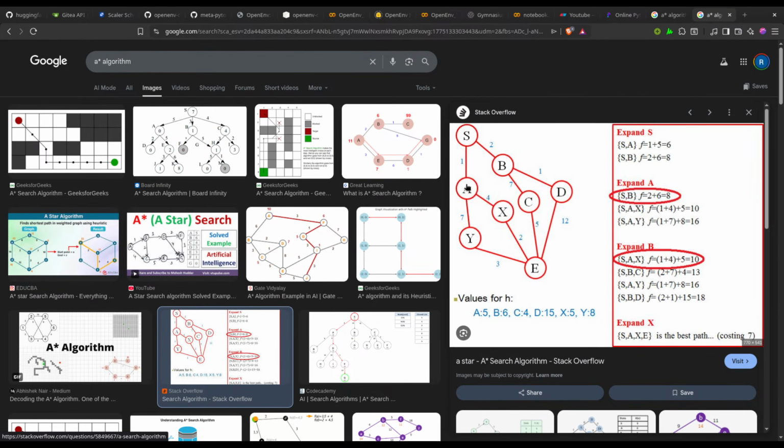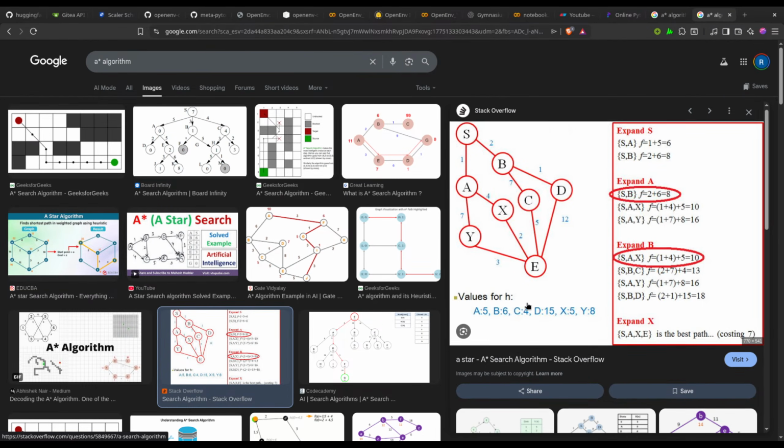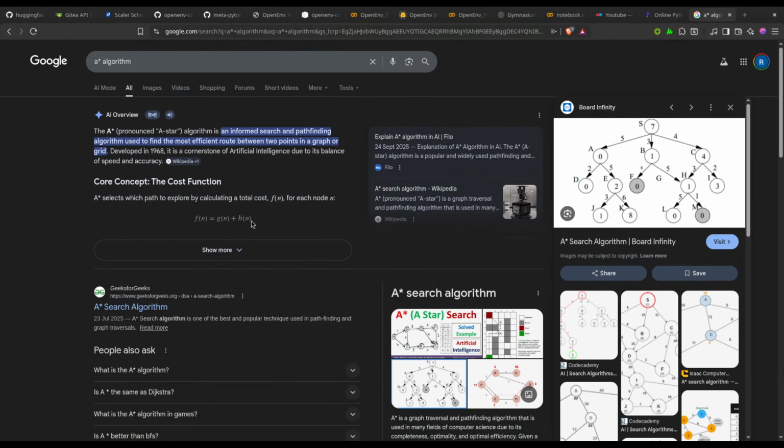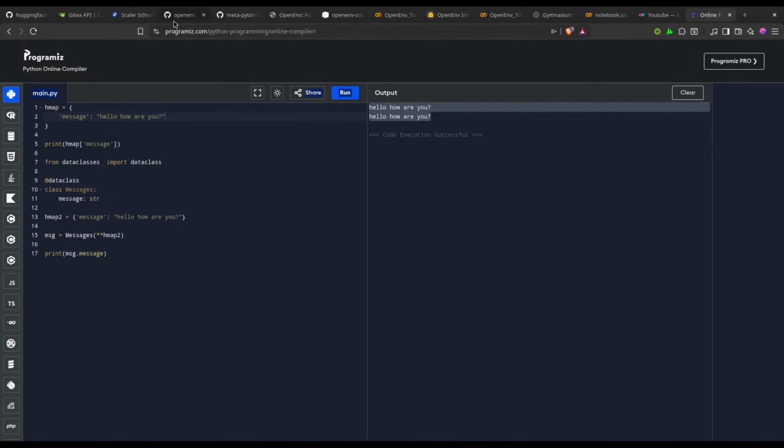So this has a heuristic of 5, and the path cost is 1. That is why the overall value will become 1 plus 6, and the B is 6, so 2 plus 6 will become 8, and that is how we keep updating it till we find our goal. It is something like this.